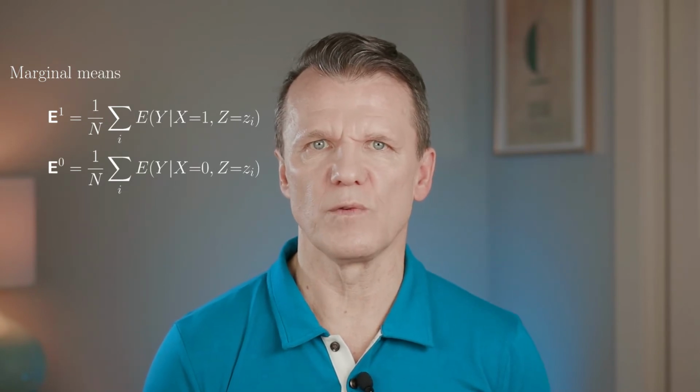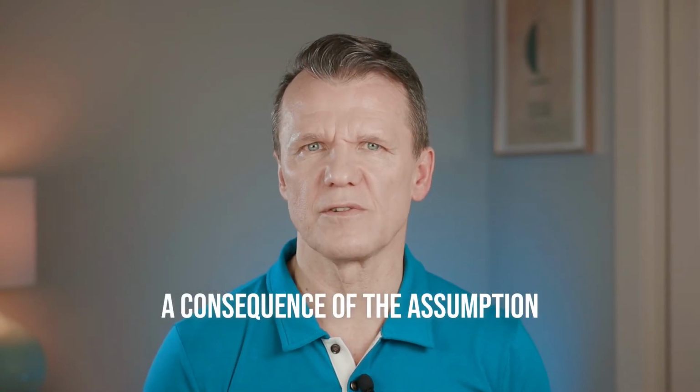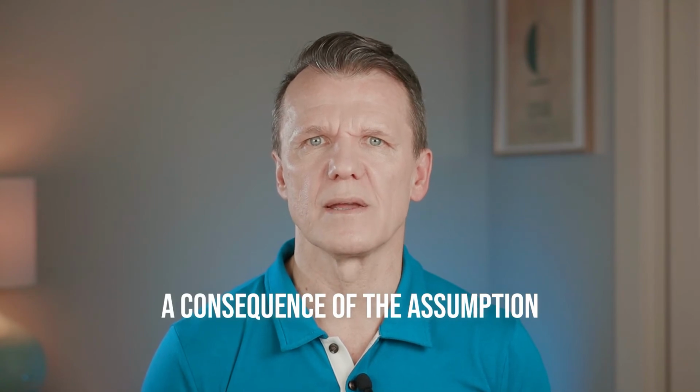The difference between E1 and E0 should give us the treatment effect, right? But it looks like the marginal contrast equals the conditional contrast. Both are the same coefficient beta 1. I would argue it's a consequence of the assumption that we made by writing this linear regression down. We assumed that the coefficient beta 1 is the difference between the conditional means. And the algebra of linear models just shows beta 1 coincides with the marginal contrast.